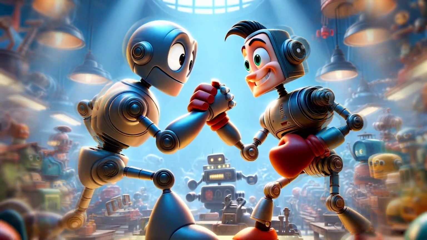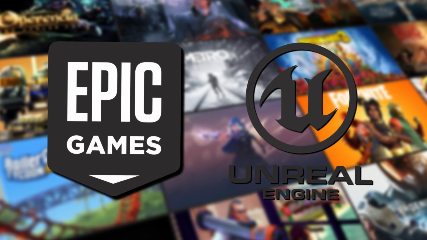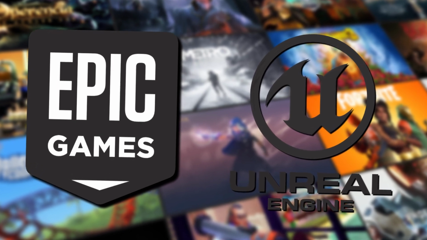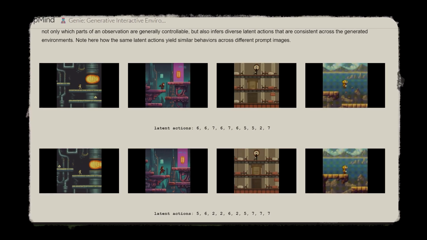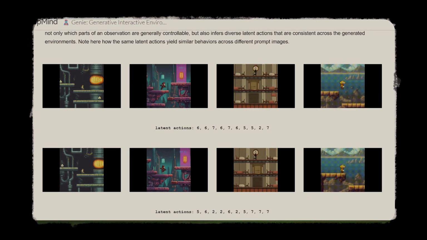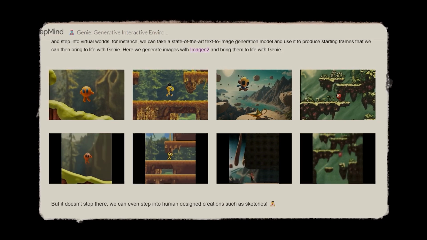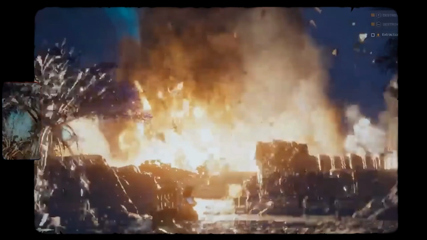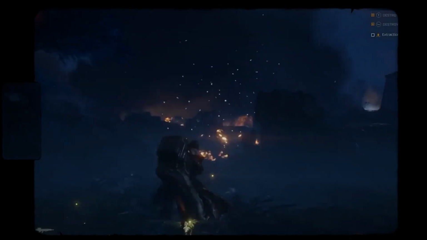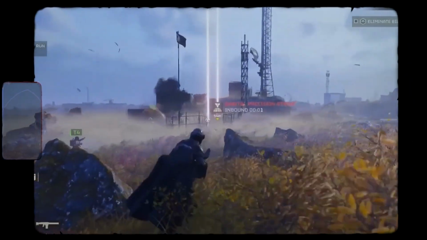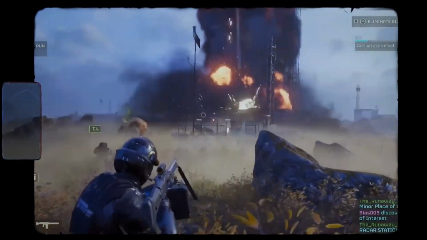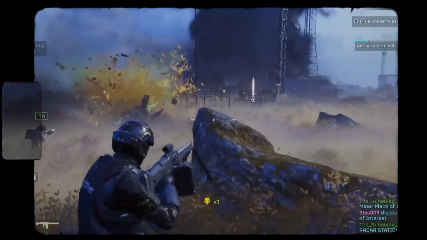So, before you get too excited about Genie, here's what you need to know. Genie still has some challenges and is up against tough competition from incumbent tools like Epic Games' Unreal Engine. We also know that Genie is currently limited to creating games only at the rate of 1 frame per second, which essentially means that the video will change an image per second, thereby giving a slow playback. 1 frame per second essentially means that the videos will be at least 20 to 30 times slower than what would be needed for something that could be considered playable in real time.